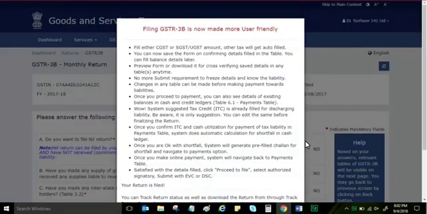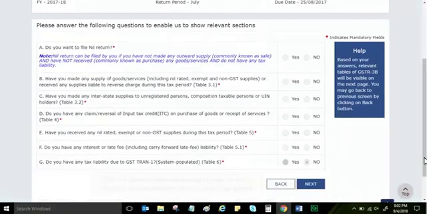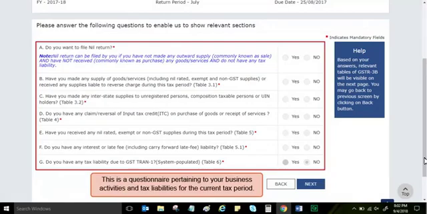And you'll see this message. Please read the message, and as you scroll down, you can also click this hyperlink to view a step-by-step instruction manual on how to file GSTR 3B. To proceed, click OK. This will display a questionnaire pertaining to your business activities and tax liabilities for the current